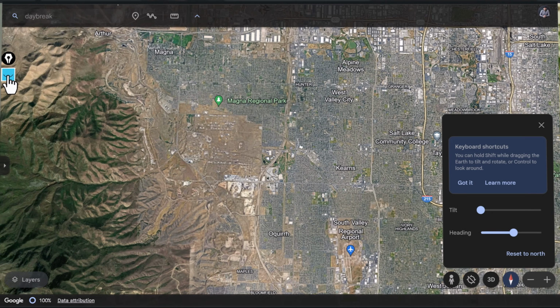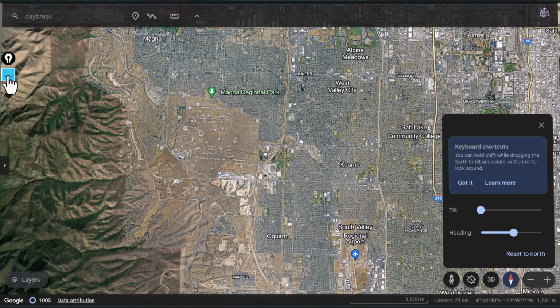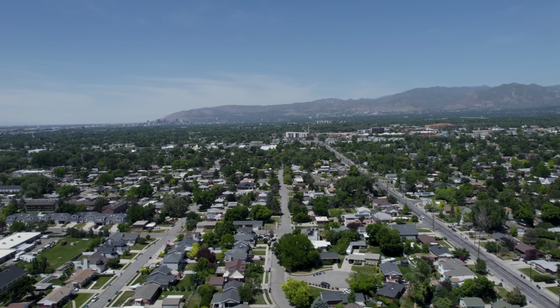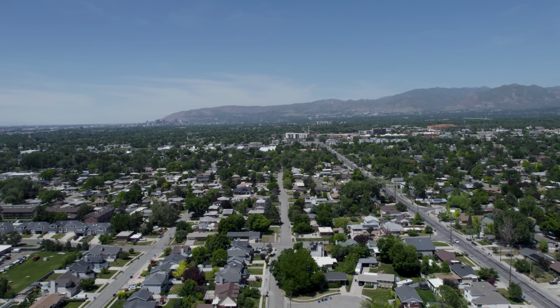And honestly, with as much land as you can see out here on the west side of West Valley and Magna, this land is probably primed for some future development, and I've noticed incredible value increases in the real estate throughout these areas. In fact, as I go back over the last 5 years of data and look at which areas in this city have appreciated the most on a percentage basis in terms of real estate, it's kind of interesting to note, but